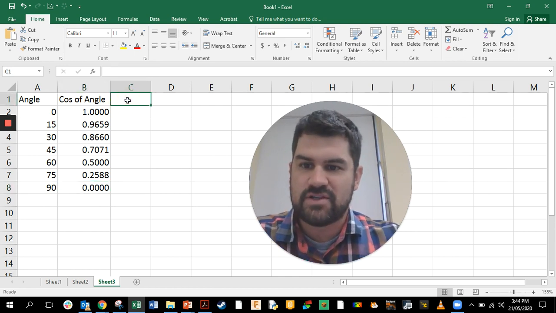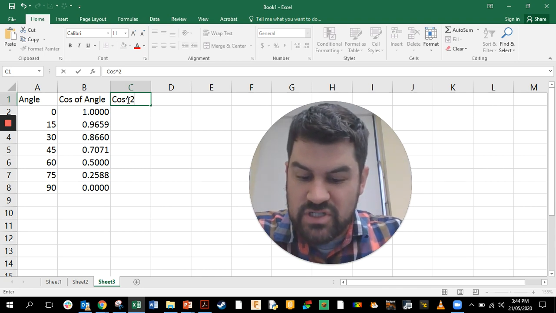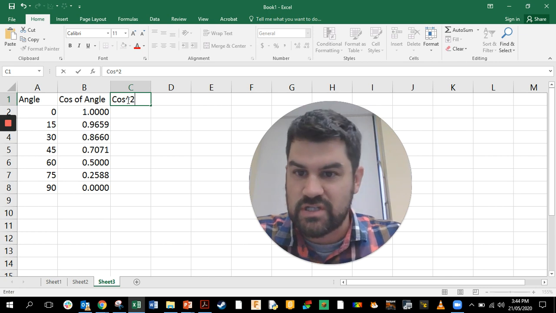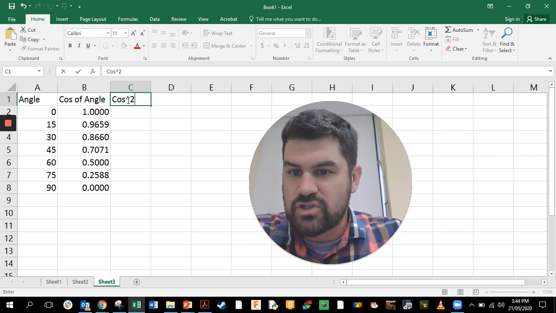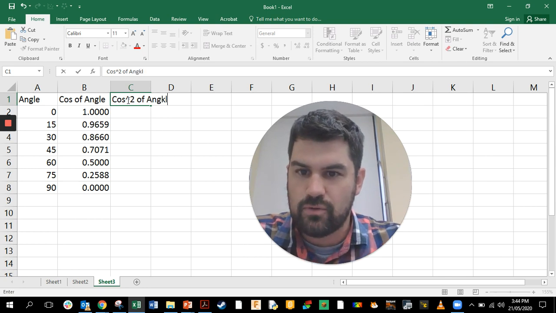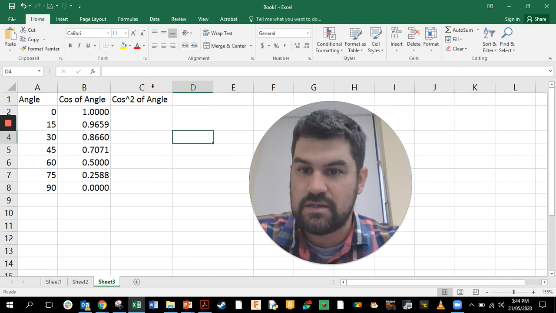Now, we don't just want to investigate the cos relationship of the angle, we also want to investigate cos squared. So to get that power button, you're going to look at number 6 on your keyboard there and just hold down Shift and press 6 to get that power button. So cos power of 2, or cos squared of angle. Once again, to resize this column, I'm just going to click on the border between C and D, double click,